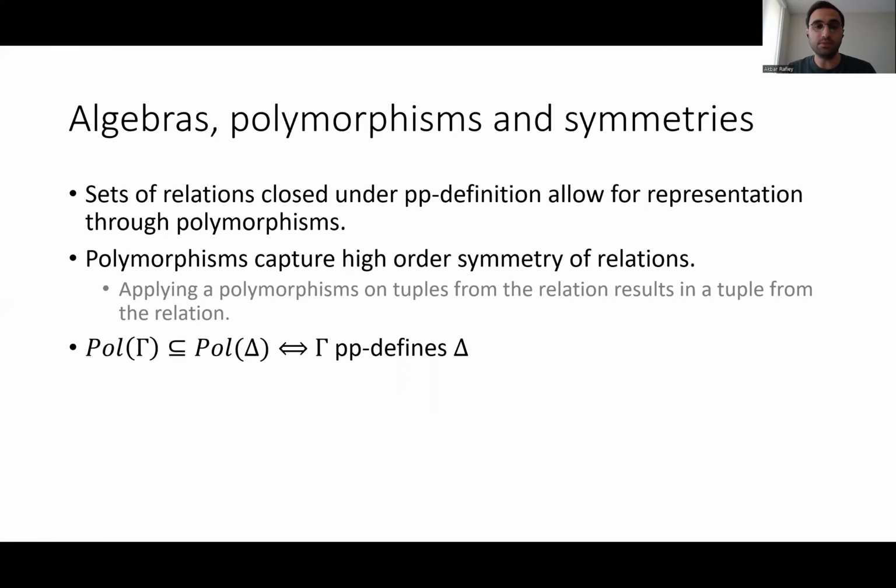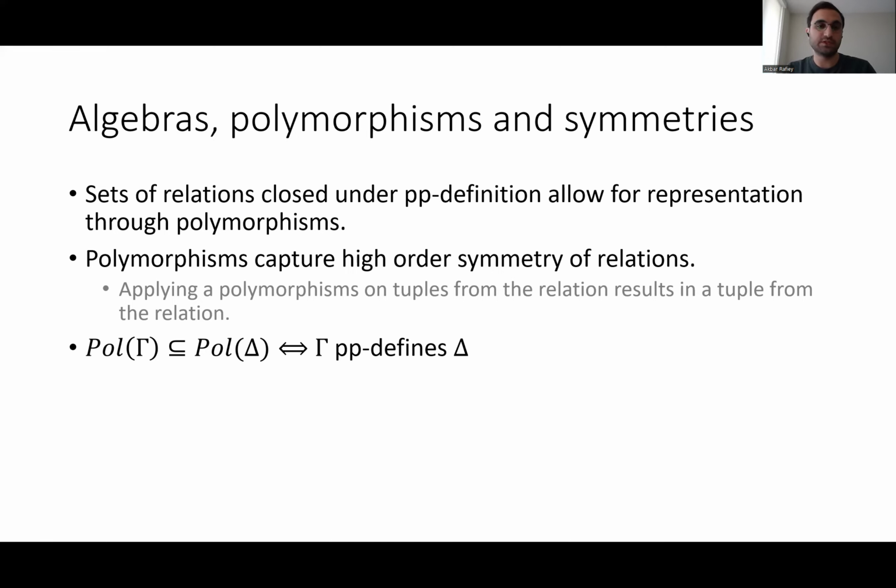What does it mean? I have a relation, it has several tuples. If I apply this polymorphism on these tuples component-wise, it gives me another tuple from the relation. In another sense, if you have a couple of solutions and you apply this polymorphism component-wise on these solutions, it gives you another solution of the instance you are working on. A very nice and